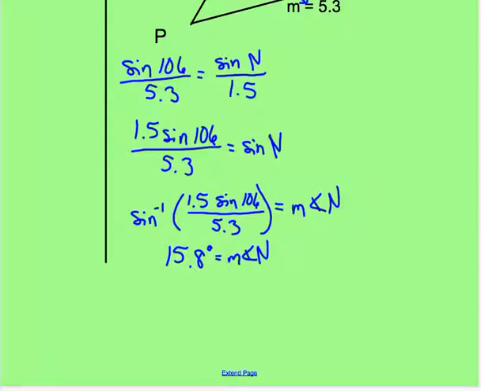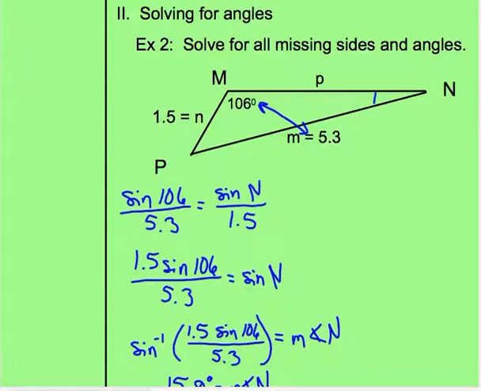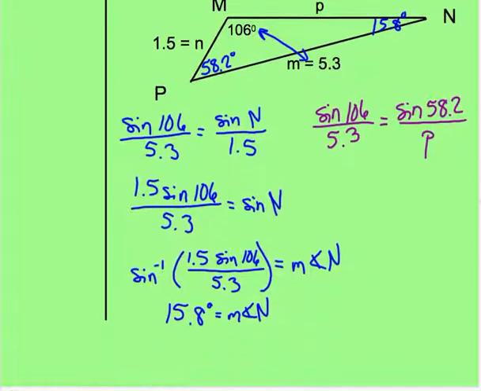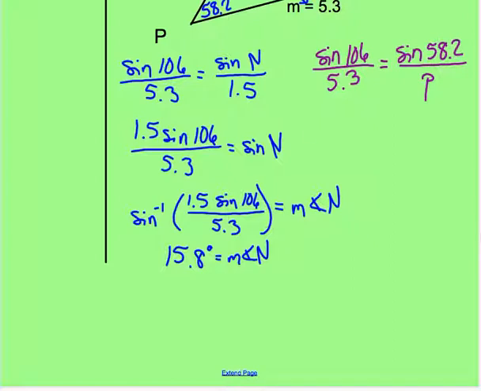So to solve for the third angle in the triangle, I just used the triangle sum theorem, 180 minus 106 minus 15.8, and I got 58.2 degrees. So now I can solve for my last side, setting up law of sines again. You could use angle N, but I rounded to get the measure of angle N. So I like to use the information I was given in the first place, and then you get a little bit less rounding error. So to solve for P, we use angle P over side P,